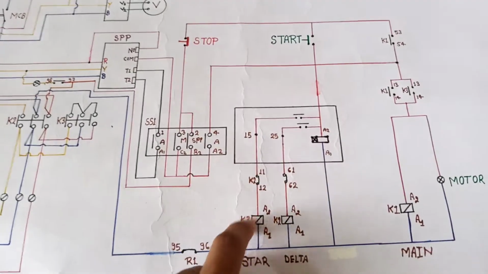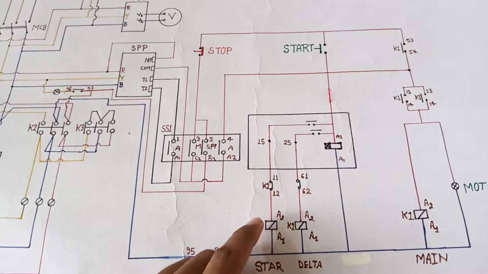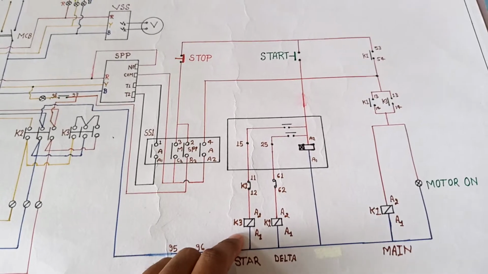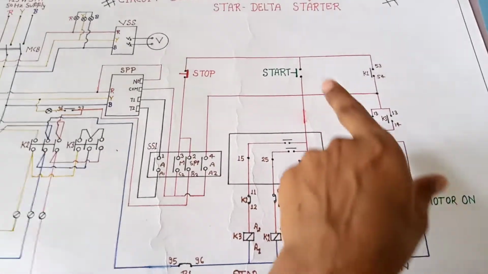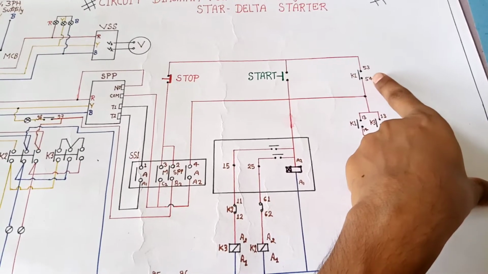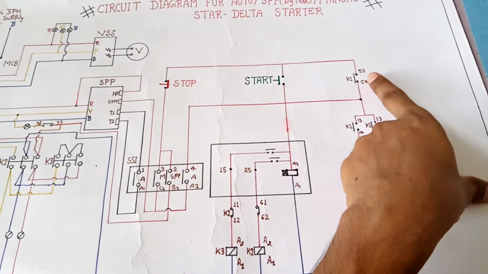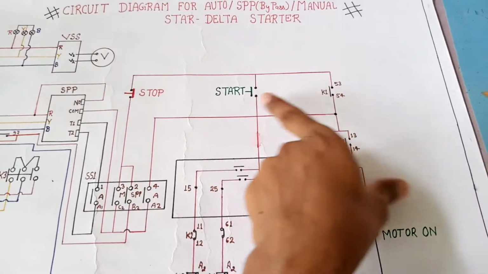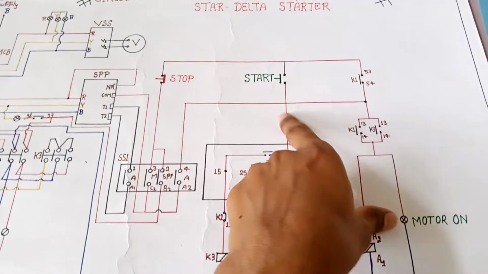This supply goes to the delta contactor coil. Now our delta contactor operates, and when this switch is pressed, then our main contactor is closed, and the circuit completes through here,